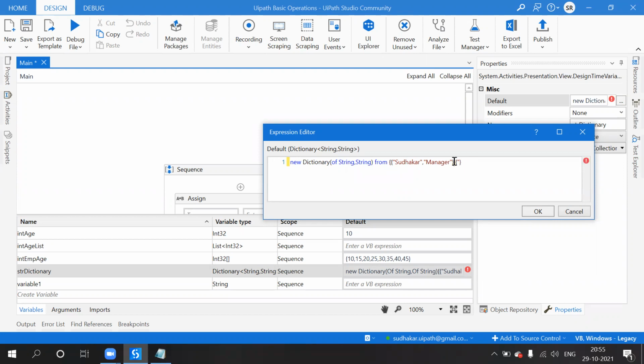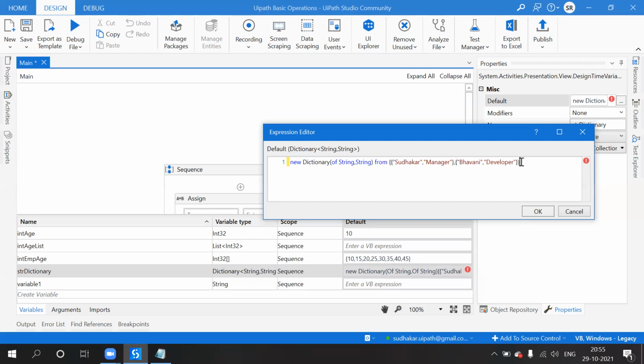So this is one key and value, and this is another value. Like that I can create a number of key and value pairs.